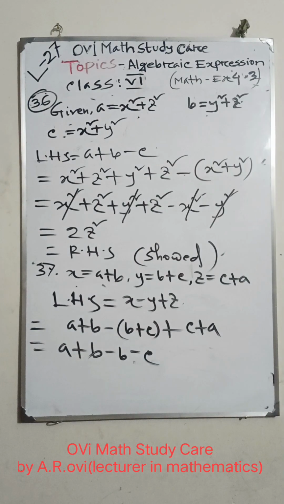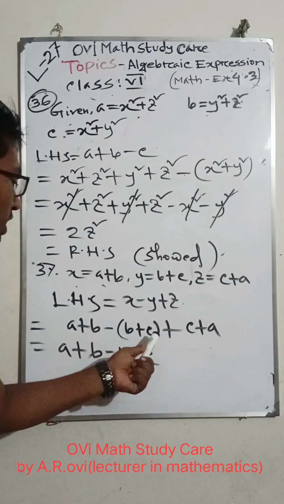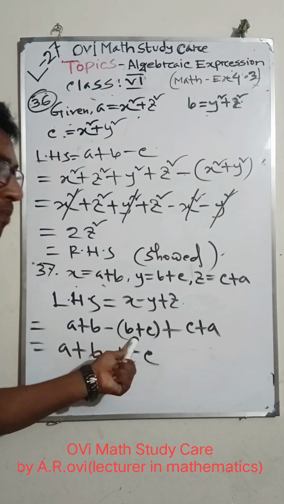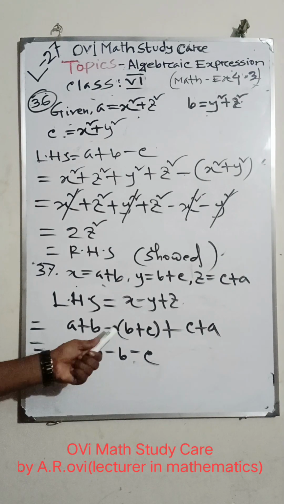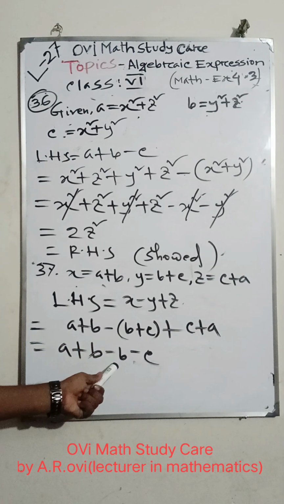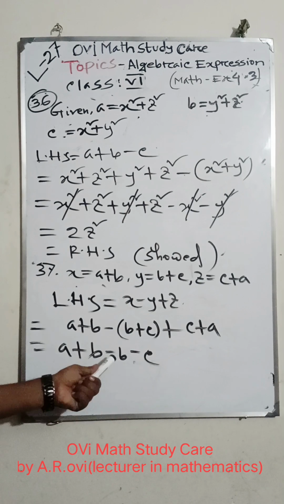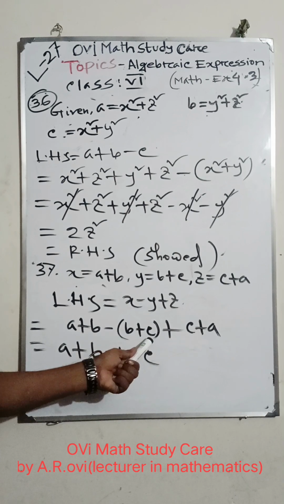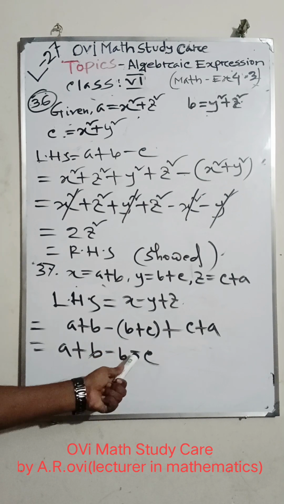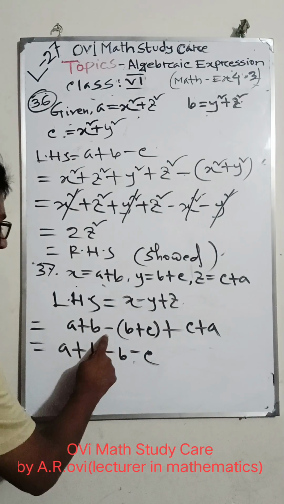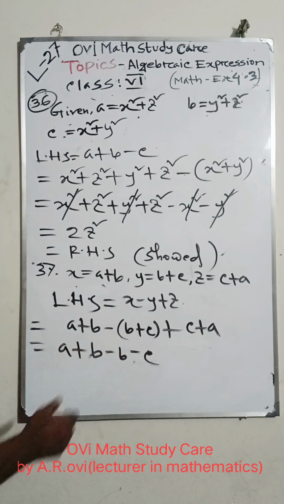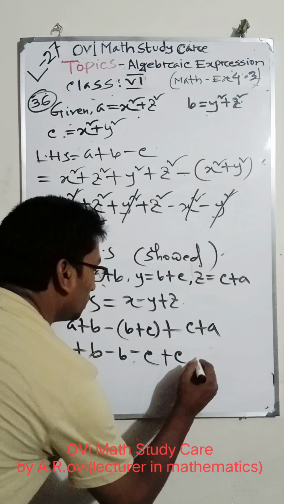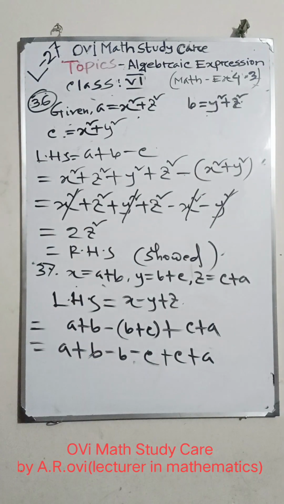In the previous math, I have said that if there is a minus sign before any term, then every term will get the opposite sign. B has plus, b becomes minus, and c has plus, c also becomes minus, because we multiply by minus. Minus plus a, minus b, minus c, then c plus a. So cutting the similar terms,